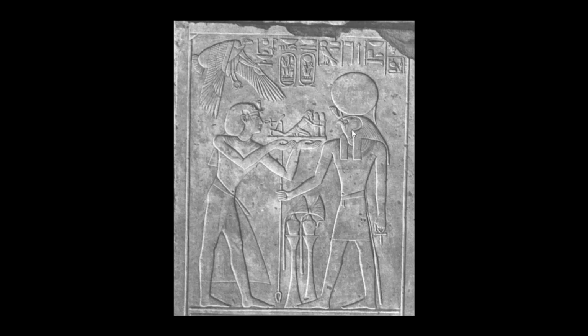Ra-Harakhty is represented falcon-headed and wearing the solar disk encircled by the Ureus. He holds the ankh in his left hand and the Uaz scepter in his right hand, with which he gives the ankh to the king. The king wears a wig with the Ureus on his forehead. Between the king and Ra-Harakhty, two altars, each with a jar of water topped by a lotus flower. Above the king, Nekhbet in her form of vulture, spreading her wings in protection and holding the Shen ring, which is the symbol of eternal protection. Her name is written here, Nekhbet, together with her epithet, the Lady of the Sky.